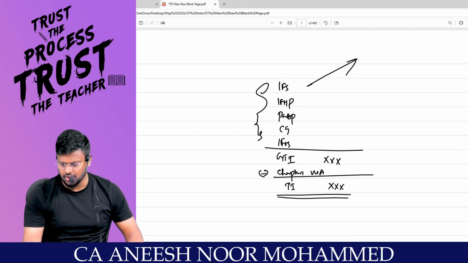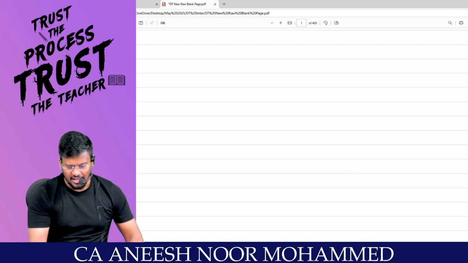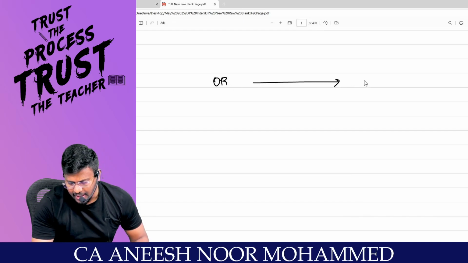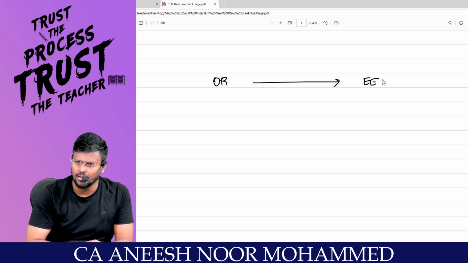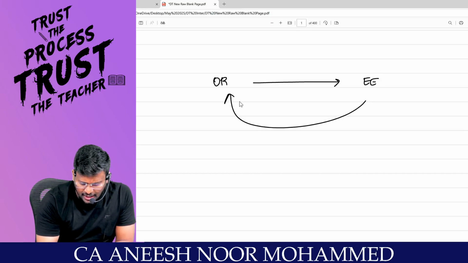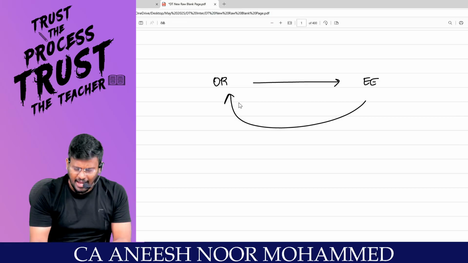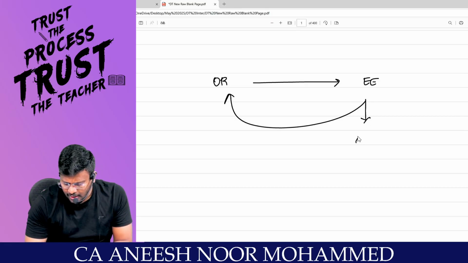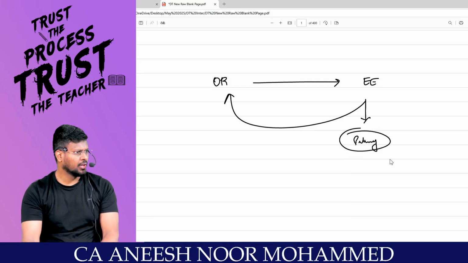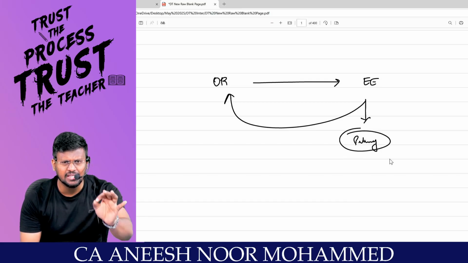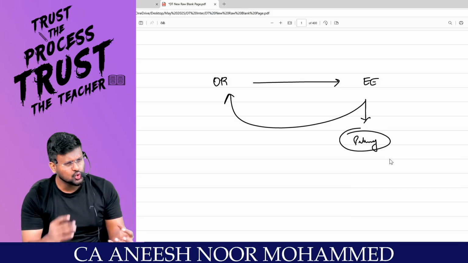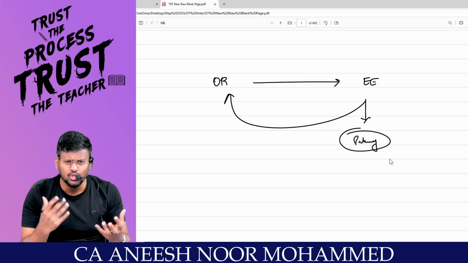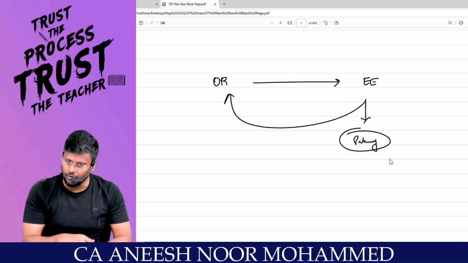My dear lovable students, what is happening? Sir, employer will be there and employee will be there. There are 2 parties. One is employer and the other is employee, working under the employer. The employee will be getting the salary from the employer. So when the employer is paying salary to the employee, he will be paying so many amounts at various points of time.